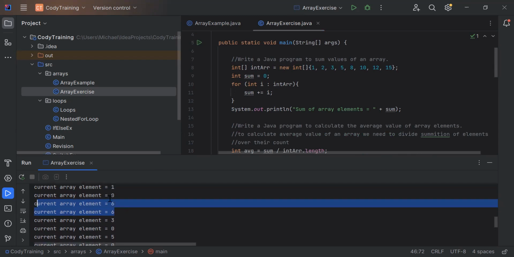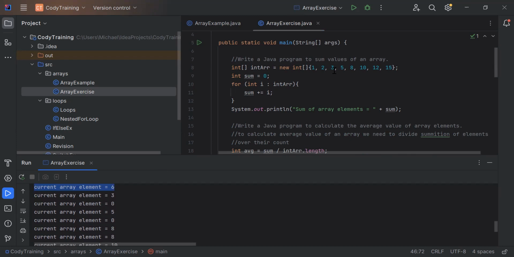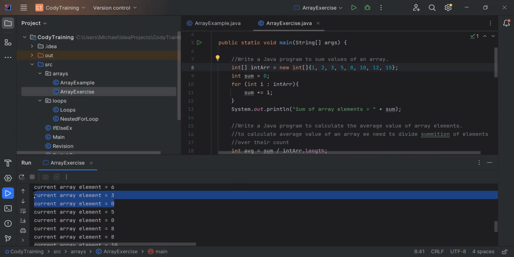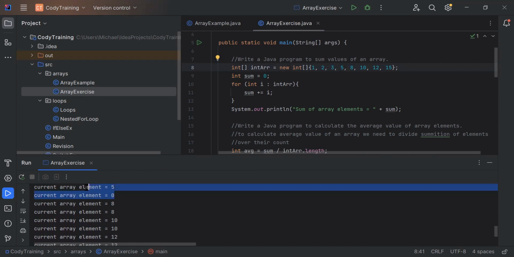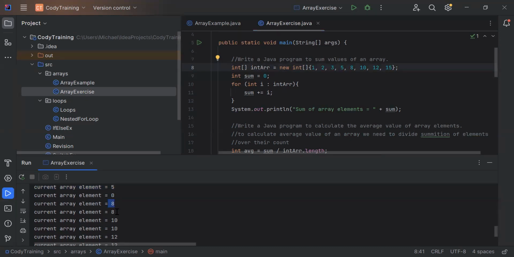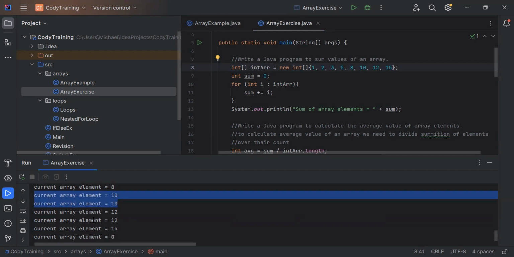Next is 3. 3 is odd, so here we replace 3 with 0. Again, 5 is odd, so we replaced 5 with 0. 8 is even, so we just printed 8 twice. Again, 10 got printed twice, and 12